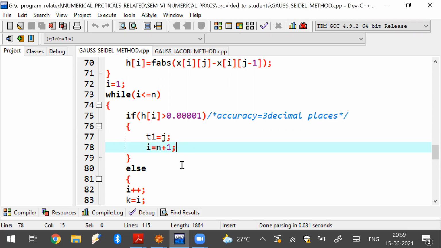Suppose there are 6 variables, and x2 itself is not matching the accuracy, so no need of checking whether x3 or x4 is matching the accuracy. As soon as I get that x2 is not matching the accuracy, no need of checking whether x3, x4, x5, x6 are matching the accuracy or not. I will just go into the next iteration step.